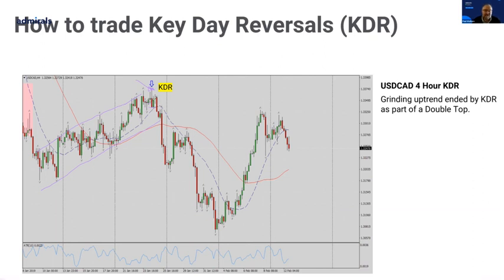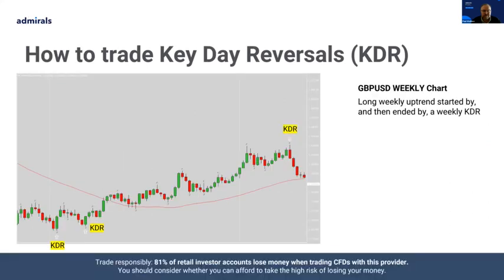That is a key day reversal, and what happens? Bosh. And even if you're looking to take just that part of the move, that is still a very good reward to risk, regardless of whether you try to run it all the way down as far as possible. And that's what we're looking at here. On swings, it gives you an opportunity to get a good simple setup with a nice reward to risk.